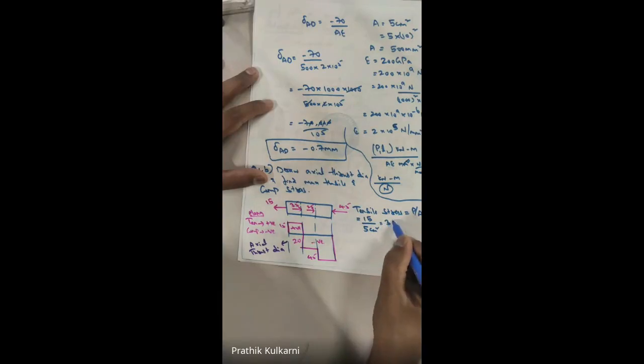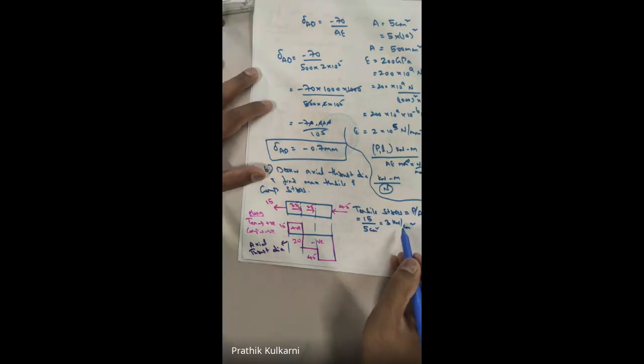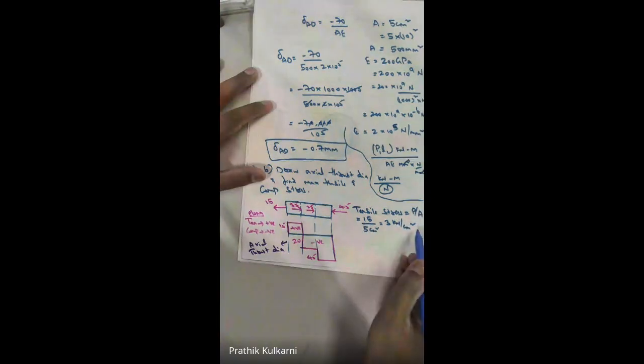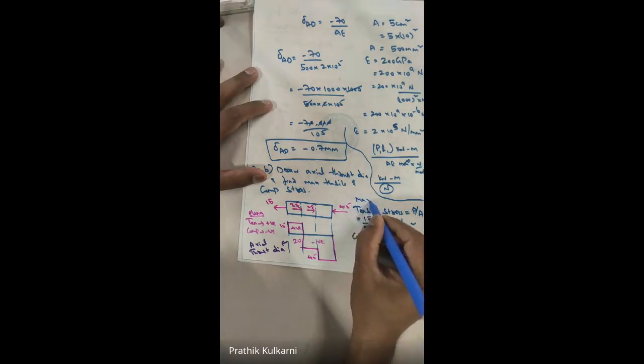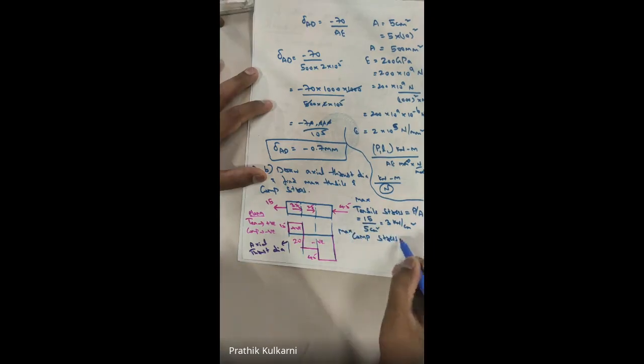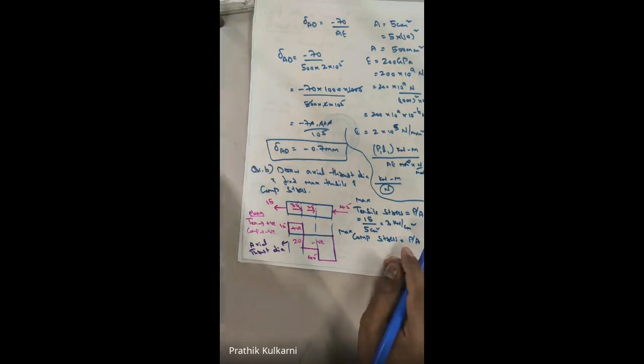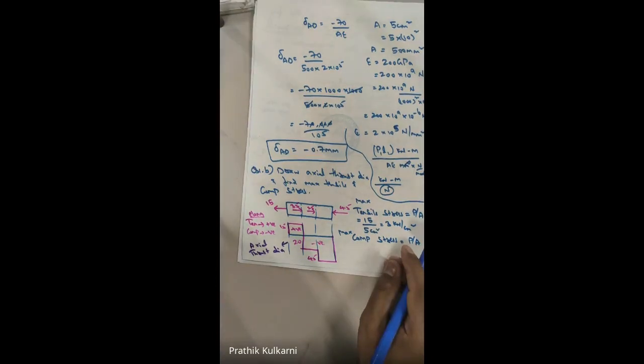So 15 divided by 5, this is 3 kilonewton per centimeter square. You can change the units according to your option. See the option which has been given there, and according to that you can change it. If it is Newton per mm, change it to Newton per mm. If it is kilonewton per centimeter, let it be like this only. Similarly, next one, can anyone tell me what is compressive stress now? Yes, fast, come on. Can anyone tell me what is my maximum compressive stress?